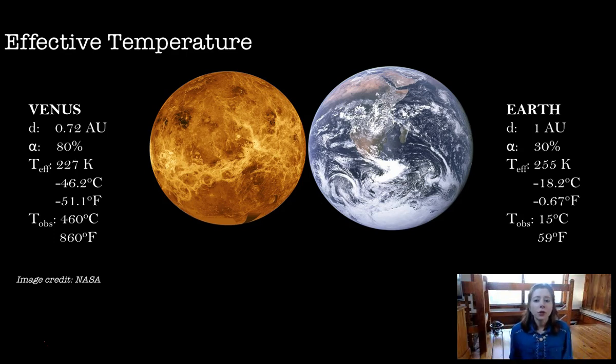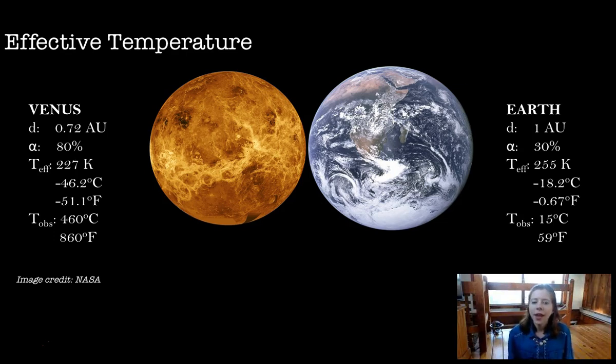And so Earth would have an effective temperature of 255 Kelvin, which is equal to minus 18.2 degrees Celsius, which is about 0 degrees Fahrenheit, which is a lot cooler than, of course, what we have noticed it is. We'd have frozen water at the surface, right, at 0 degrees Fahrenheit and minus 18.2 degrees Celsius. Since water freezes at 0 Celsius and 32 degrees Fahrenheit, it would be very, very uncomfortable and really challenging for